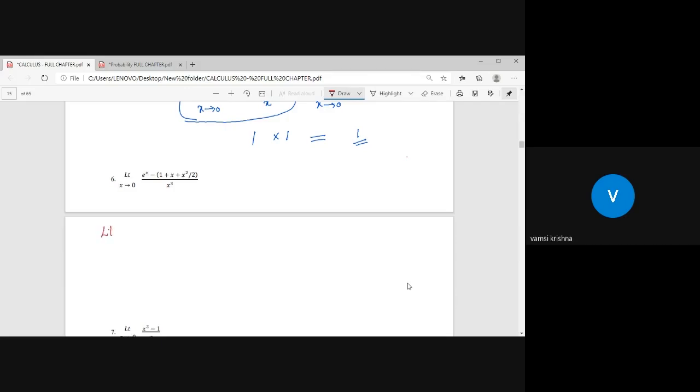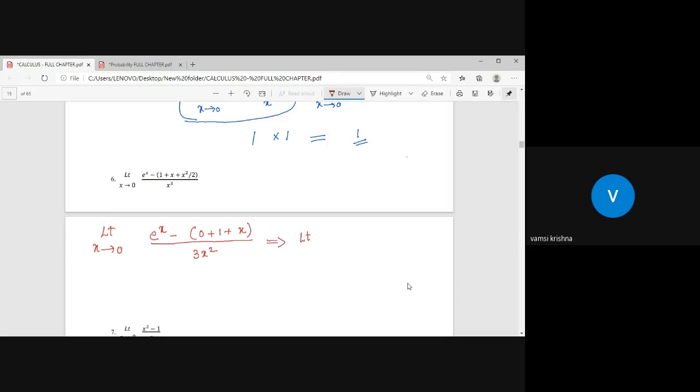Differentiate both numerator and denominator. Limit x tends to 0. e power x differentiation is e power x, minus of 1 differentiation 0, x differentiation 1, x square by 2: x square differentiation is 2x, 2x by 2 means 2 cancel, so it's simply x. Divided by x cube differentiation is 3x square. And which implies